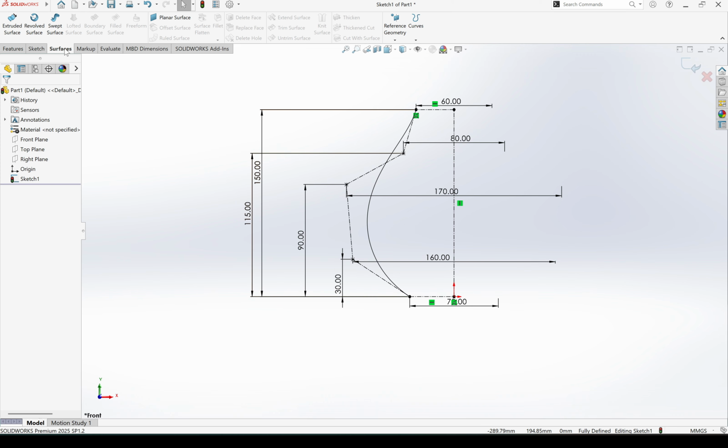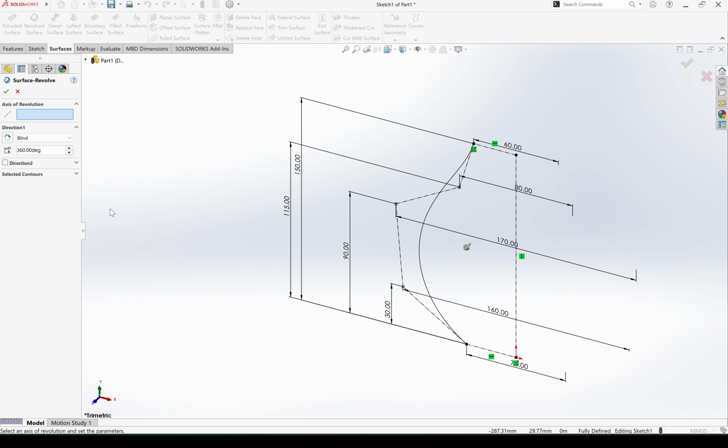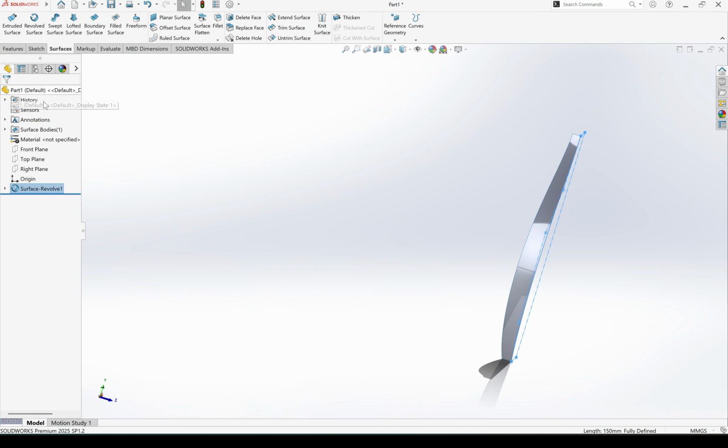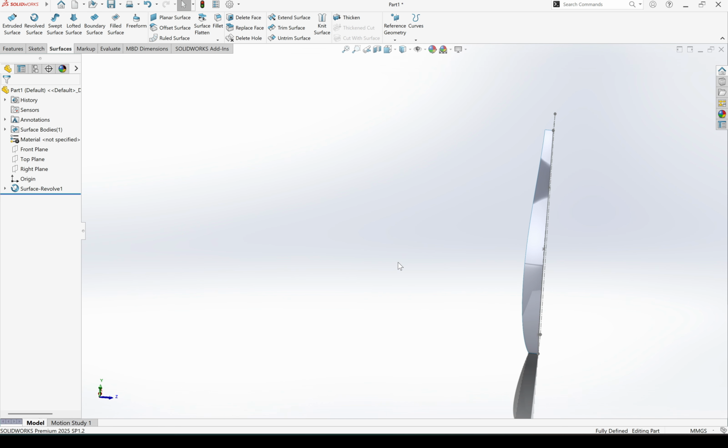Now go to surfaces, select revolved surface. For the angle, enter 10 degree. Axis of revolution, select this one and click OK. Now select right plane, sketch,